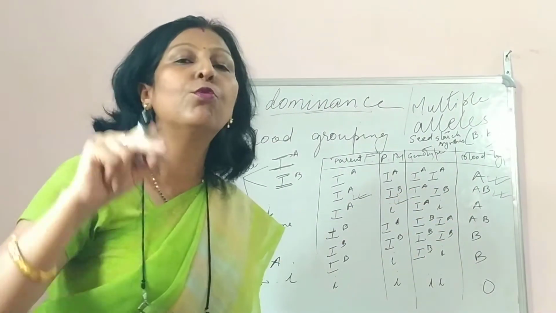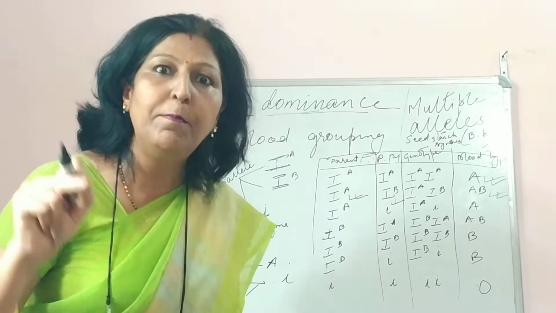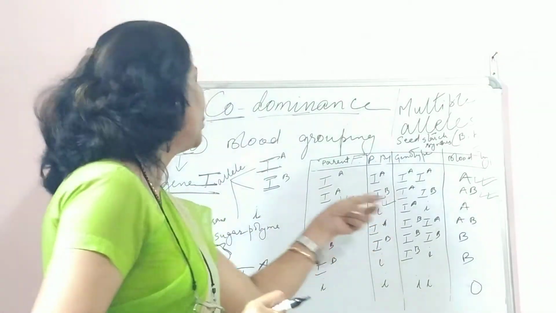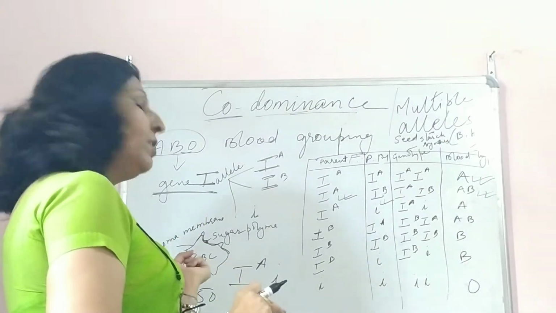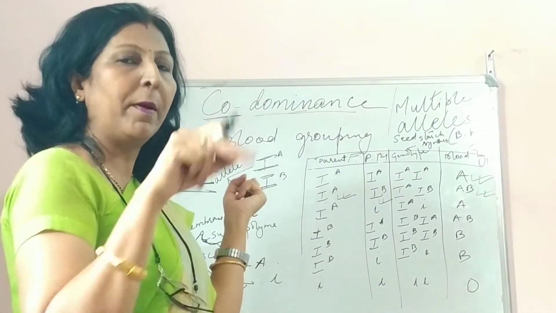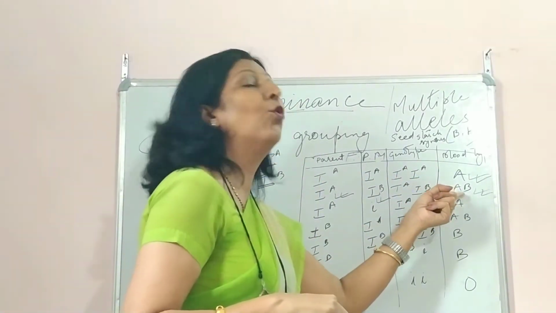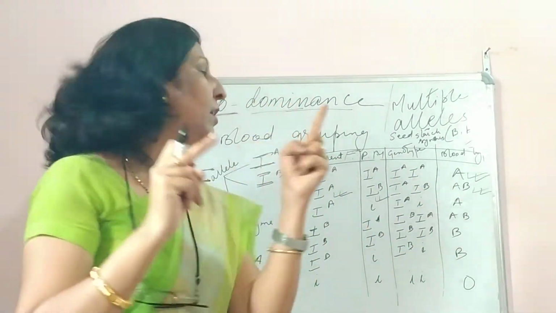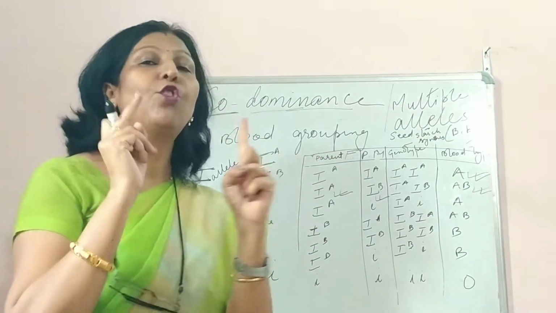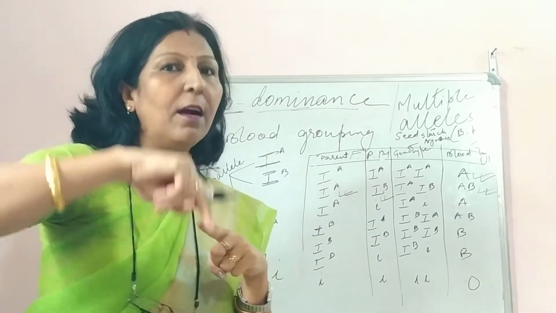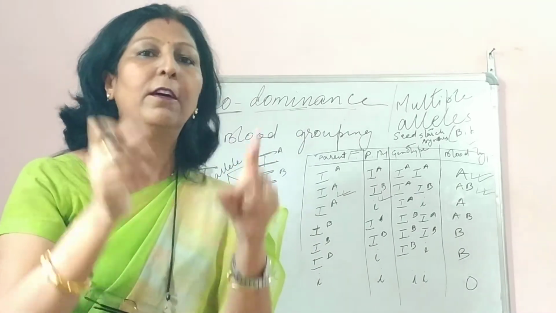Here, both the sugars will be present on the red blood cells. The sugar polymers of A and B, both the types will be present on the red blood cells. Okay, on the plasma membrane of the red blood cell both will be present. And here there is codominance, meaning both the alleles are dominant together. Got it? It is neither law of dominance, nor incomplete dominance. Here both are dominant together. It means codominance.